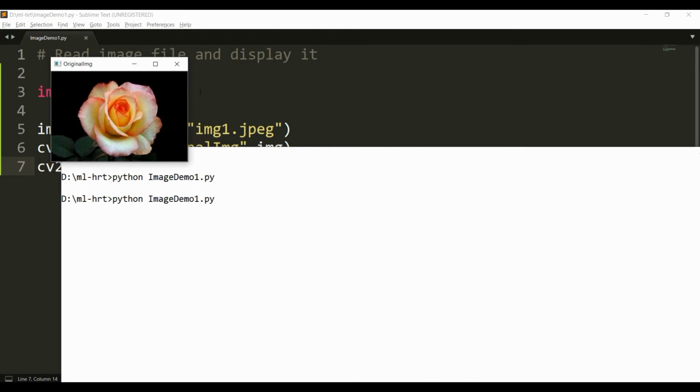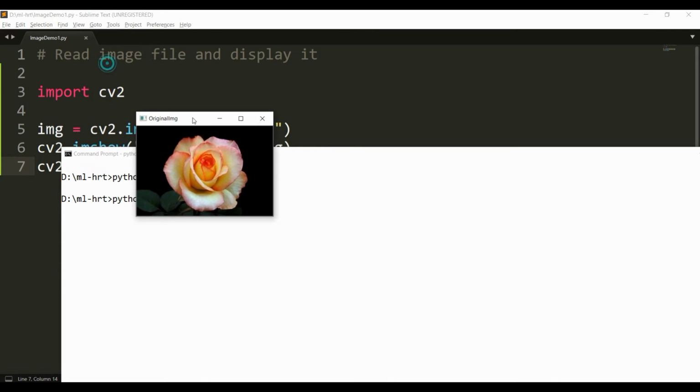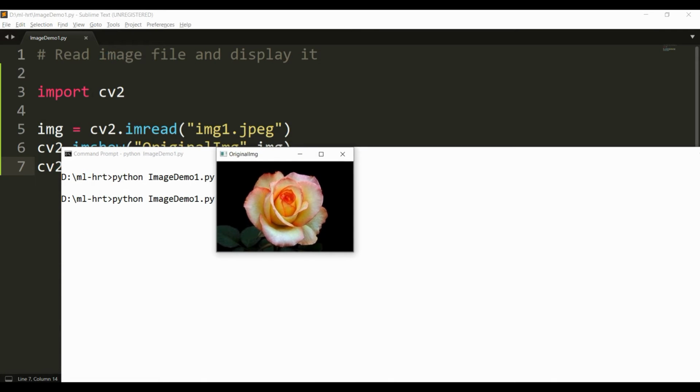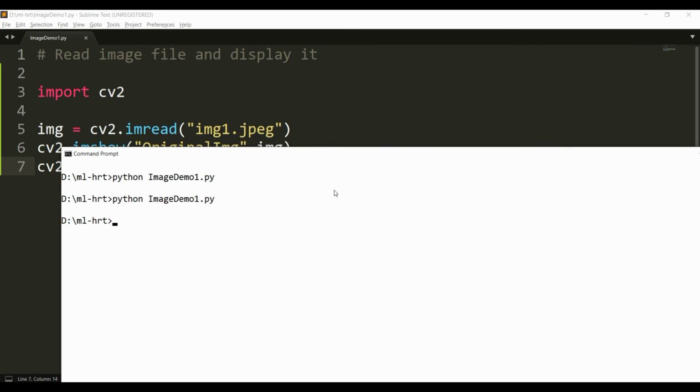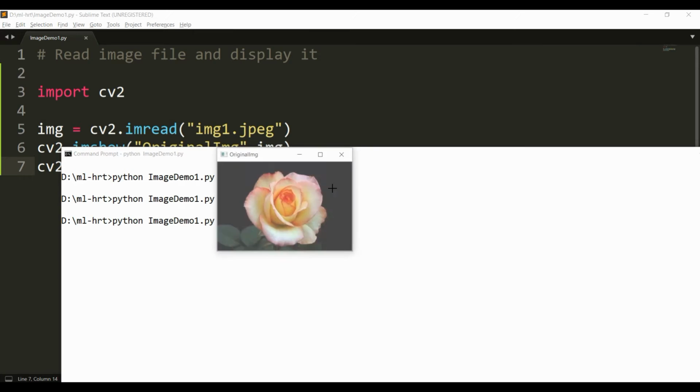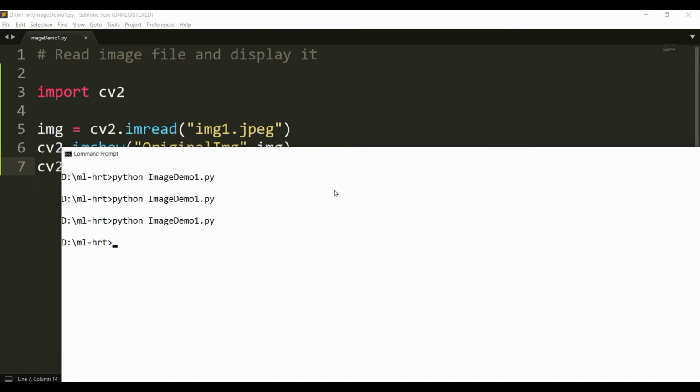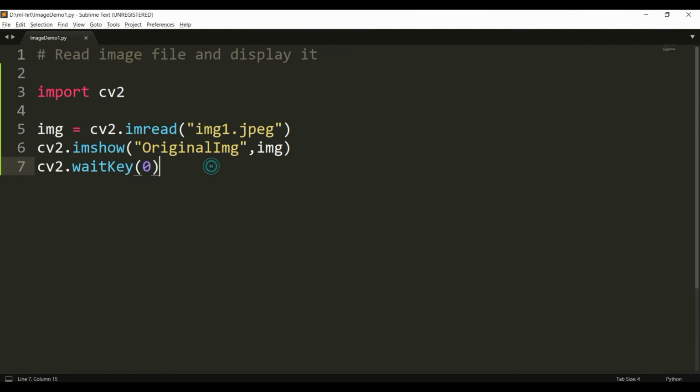So now when I'm running the program, it stays on the screen, and you can see there is a cursor here having a plus sign. Now when I press enter, the window gets closed. So whenever I press any key from the keyboard, the window disappears. So waitKey will wait until any key is pressed. Then the window gets destroyed.